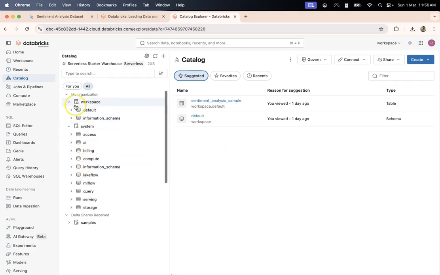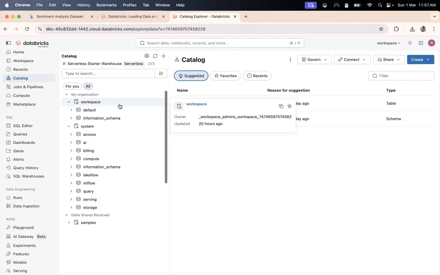Now you could have other catalogs as well. Maybe you could have some AI specific catalog where you have several things under that. Now under the catalog you can have a schema, and under schema you can have several things like tables, views, and in views you can have both normal views and materialized views, and then you can have functions,